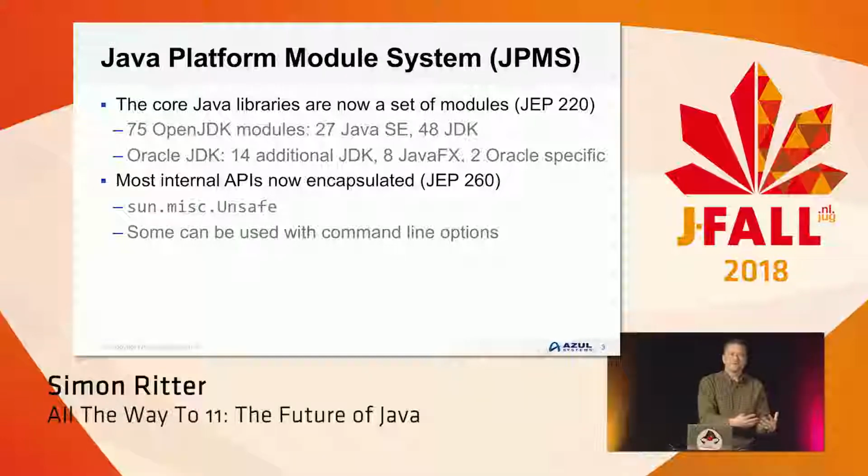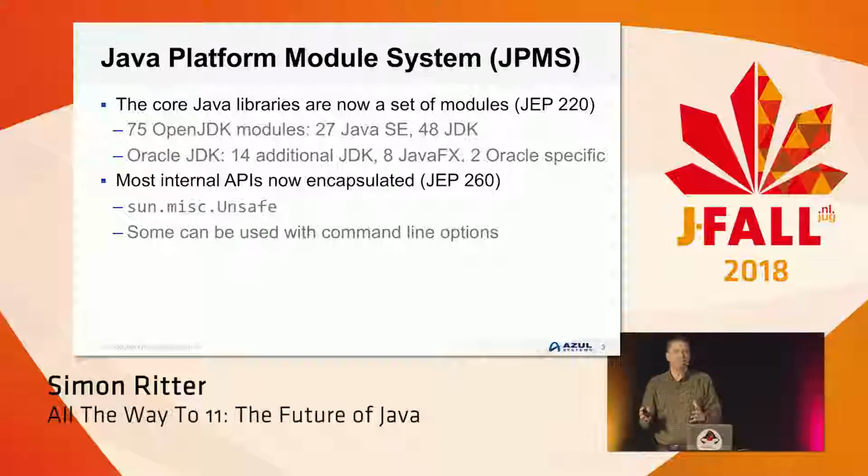And what the developers of Java wanted to do was simply say, okay, we never wanted you to use these APIs. We have always said that we're not going to document them, we're not going to explain them to you, so we don't want you to use them. And the idea in JDK 9 was to simply say, right, we'll cut off access to those. We'll encapsulate them, make them invisible. That wasn't going to work, because, as we see, many people have used libraries or frameworks that use this functionality.